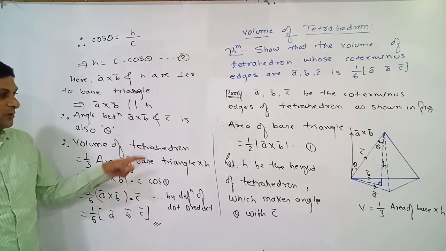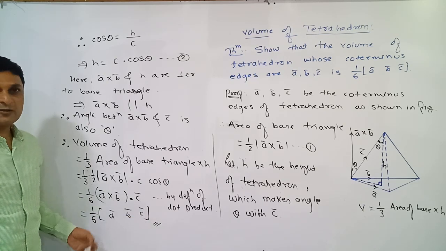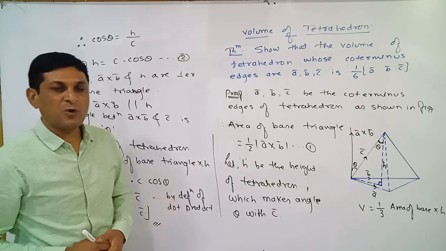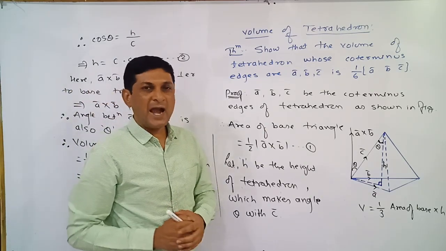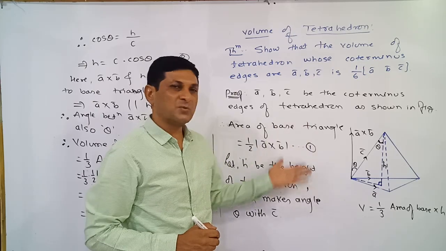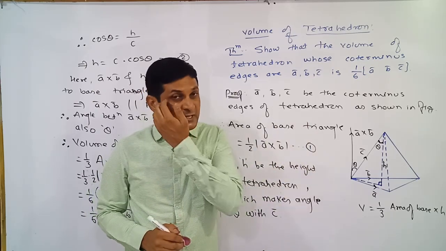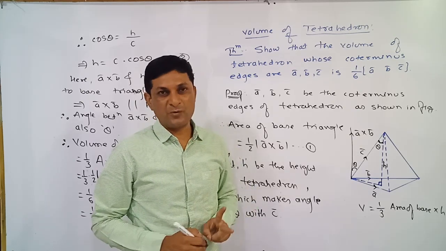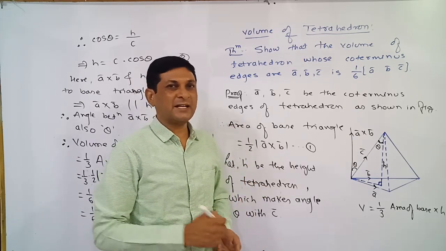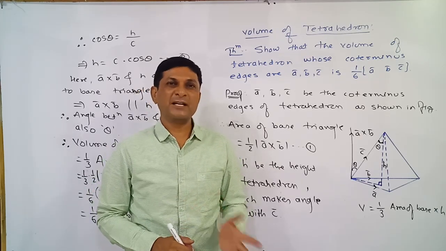In this way we have proved that the volume of the tetrahedron is equal to 1/6 box product of A bar, B bar, C bar. Means the proof of the formula to find out the volume of the parallelepiped and tetrahedron is near about exactly the same. Minor changes we have to do here to find out the volume of what? Tetrahedron. In this way we have got two important formulas. First is to find out the volume of what? Parallelepiped, and second is to find out what? Volume of tetrahedron.